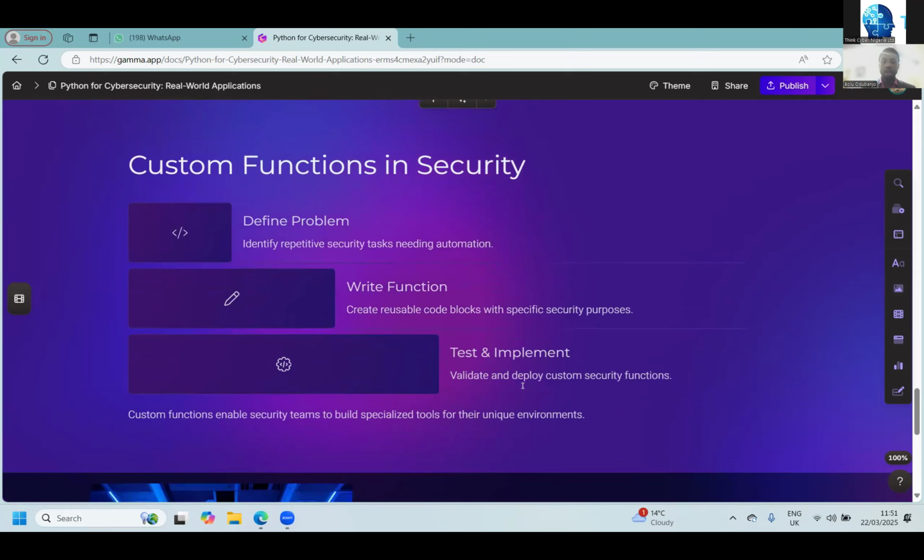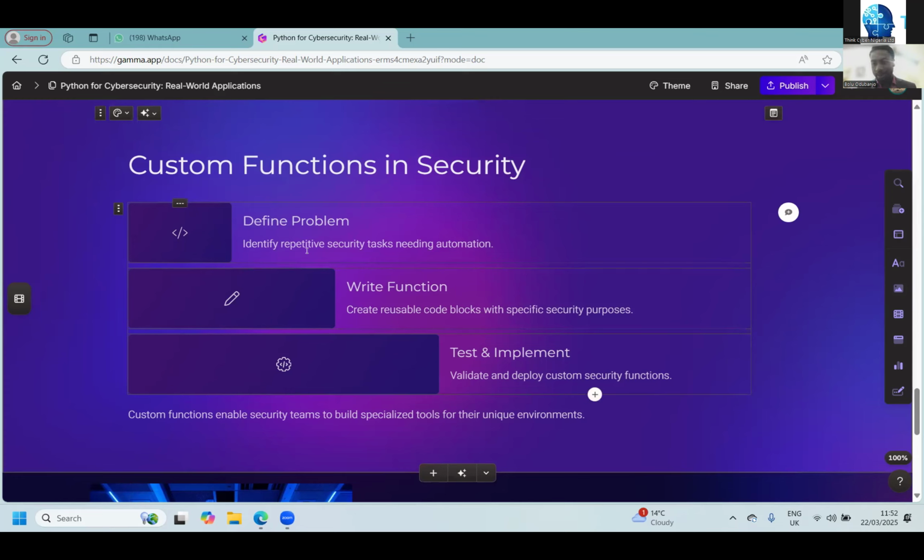Now, we have functions. Functions in Python, like any other programming language that has functions, a function, from the word, is something that you declare or write that does a particular thing. So you create a function, call it whatever the function is going to carry out. And within that function, you write the different conditions, you write what you want it to do. And with functions, you can have parameters and arguments, so things that you can get and call as the function is running. So it basically identifies repetitive security tasks needed during automation, and it creates reusable code blocks for